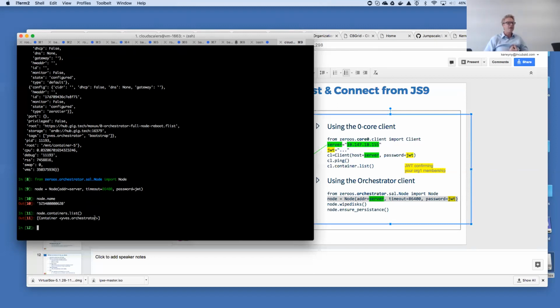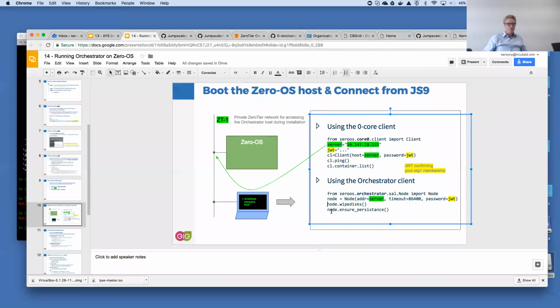Now, what I typically will want to do, and I'm not going to do it now, and let me add it also in the slides: if you're doing it again from scratch, reinstalling it, you will want to reboot the host, just so that we really start from scratch. You then will wipe the disks, because otherwise you will remember the container data.